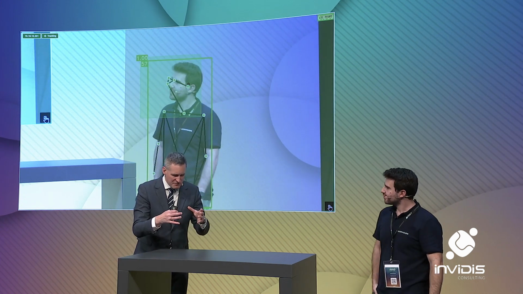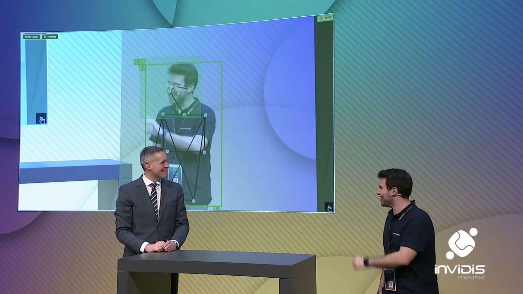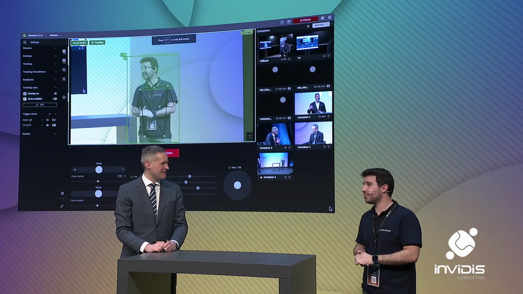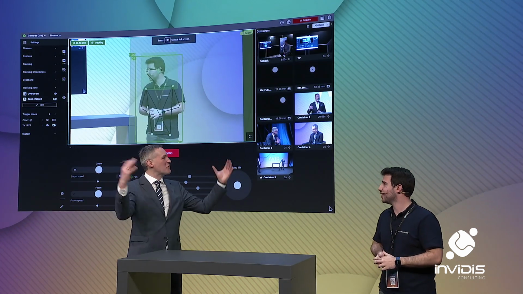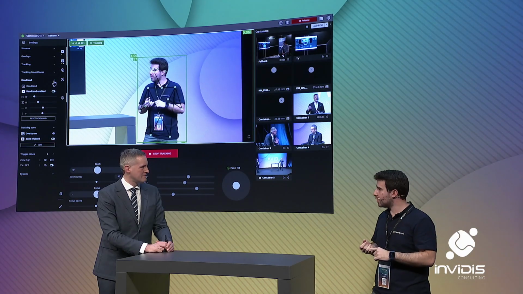But let's talk about some typical use cases. What did you have in mind when you developed the solution? That changed quite a lot. I mean, we are a startup from 2016 right now. Lots of crazy ideas. So I can tell you, we started with something like the first version of gimbals to go around and film people, but we realized that that's not enough, right? So we started with tracking automation, but most of our use cases right now are in the AV business,